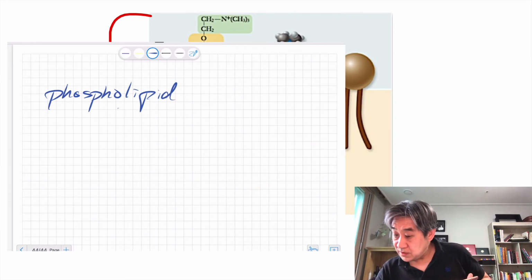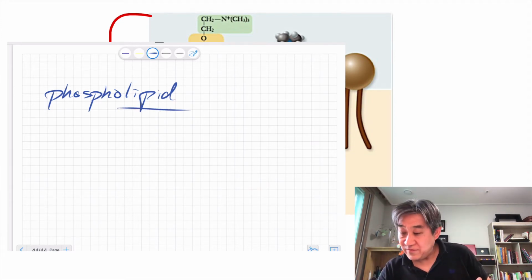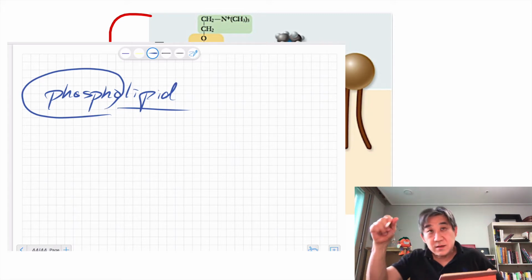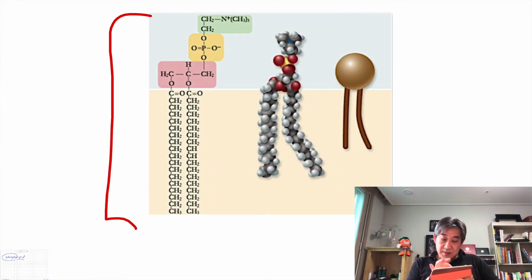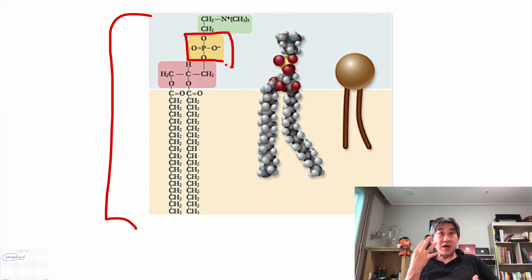And this is a lipid, and it is called a phospholipid as it contains a specific chemical group called phosphate. Phosphate is the molecule over here. This is a phosphate having 4 oxygens: the element phosphorus is surrounded by 4 oxygens, and as you can see, this part is going to be polar charged, because of the presence of the oxygens.